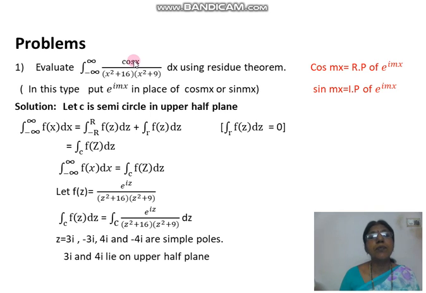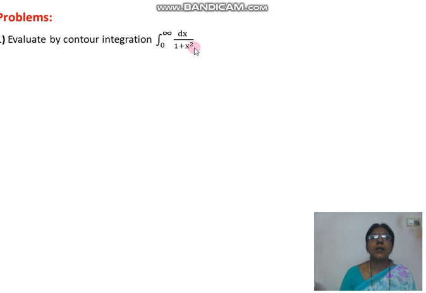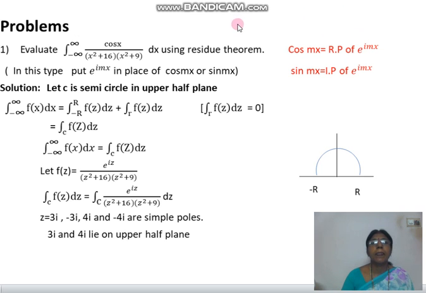In the last type we have only x terms. In the last type we have only dx by 1 plus x square, means only x terms are there. F of x dx only is there. F of x dx is only here in the last type. Now you see here some x function dx are there, but along with those x terms we have cos x. That is the difference.